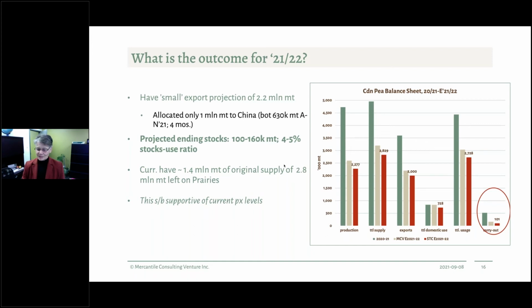The interesting part is that even with a quite small export volume, the projected ending stocks this year are 100 to 160,000 tons, depending if you use our numbers or Stats Canada's numbers, and that is a 4 to 5% stock use ratio, which is quite low. So in terms of what's left year to date, we calculate there's a little bit less than 1.4 million tons left on the prairies, including what we expect for ending stocks and so on. So when I look at these numbers, I would actually conclude that this should be supportive to current price levels,